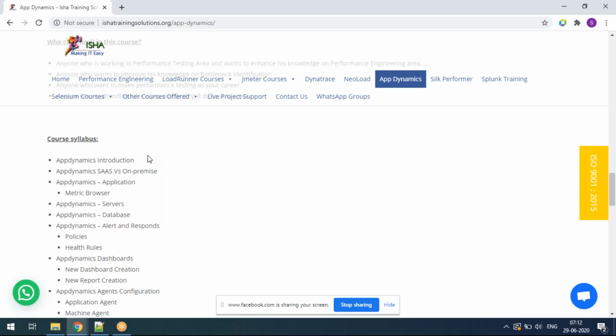At that time people used to have a lot of problems whenever they are doing this infrastructure monitoring or production support. They'll struggle a lot whenever they are doing this activity. But now this is becoming very, very easy if you deploy these APM tools in the production environment.